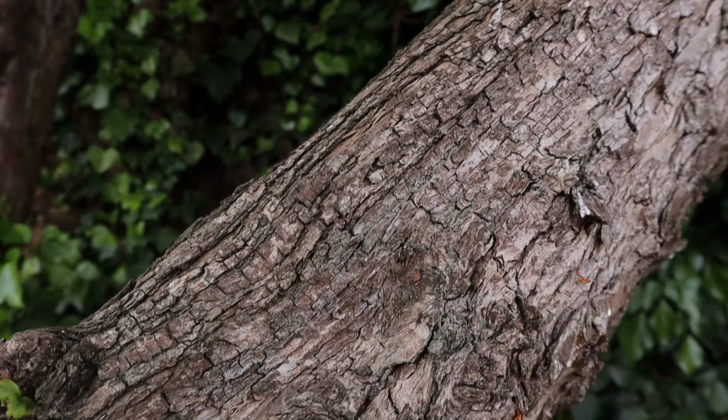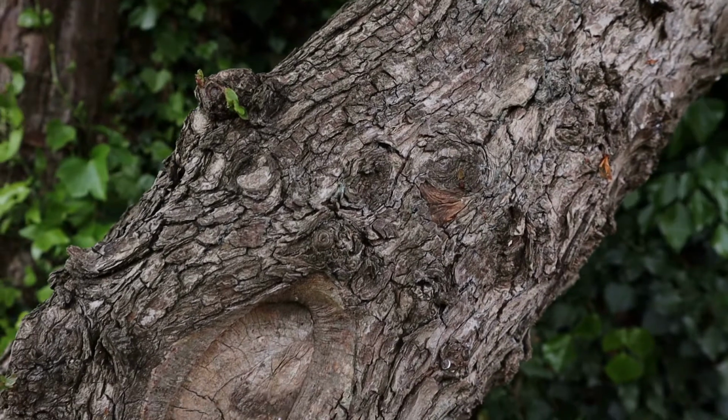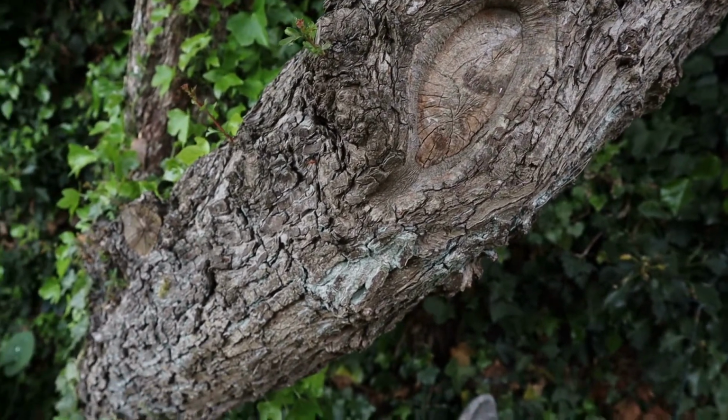Hawthorn is classified as a large shrub or tree, and it usually grows between 5 to 15 metres tall. The young bark is smooth and grey, but as it ages, it becomes beautifully fissured. And they can live for well over 400 years. The thorns are a modified short branch, and they come out from both the branches and the main trunk of